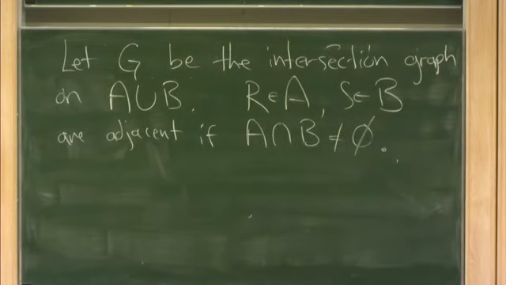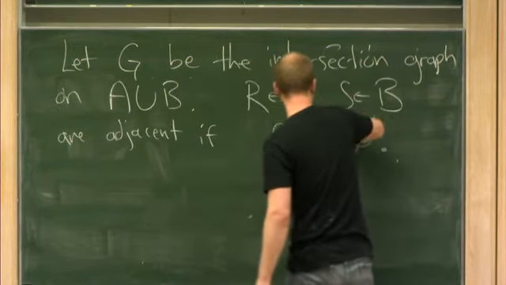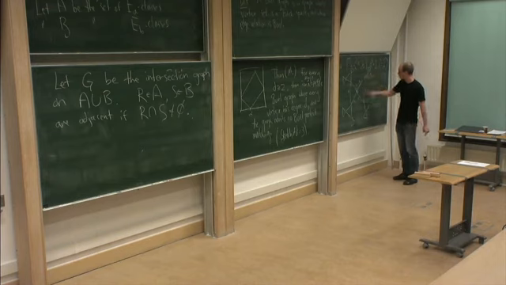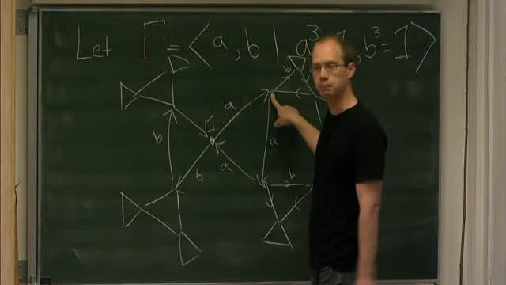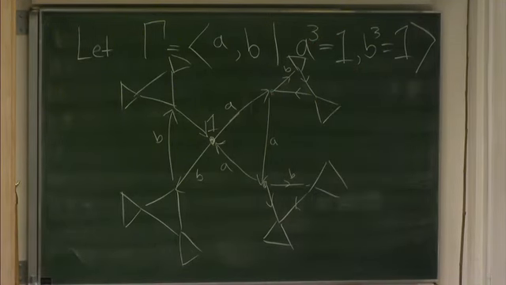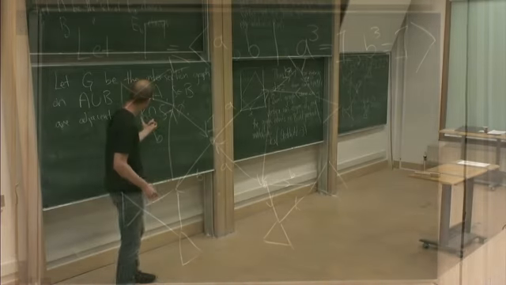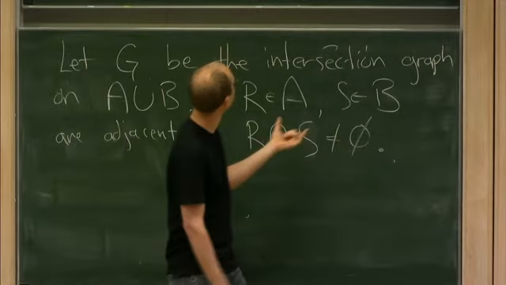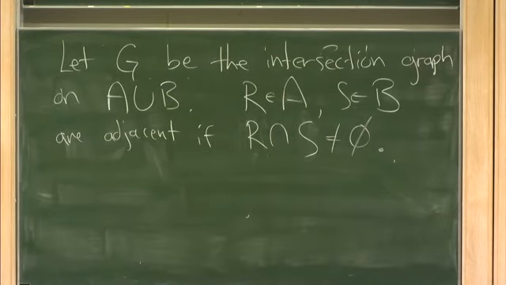In particular, if you look at this picture, an E_A class is this 3-element set. An E_B class is this. R intersect S. Thank you. Yeah, R intersect S. So these are two 3-element sets. Because the action is free, they correspond to two triangles, one coming from A, one coming from B, and they intersect at a unique point. And so edges here, edges between R and S, or between elements of A and B, really correspond to points in this space, F of omega to the gamma.